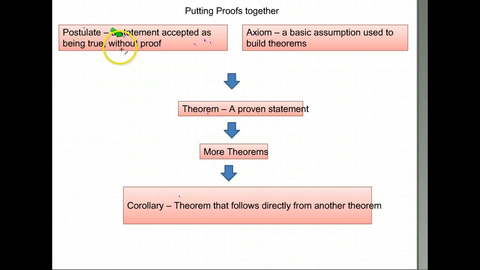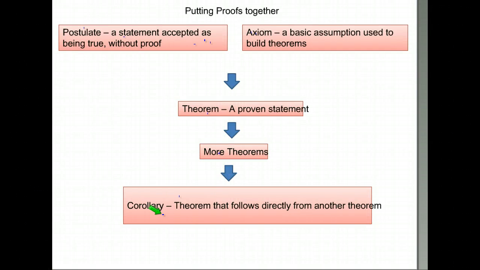These things are so obvious, they're just accepted as true, just from viewing them. We use them to put together theorems, and we can use theorems to make other theorems. And corollaries are just obvious little bits that come from theorems. They're not big things, so we don't call them a theorem. They're just a little something that is a piece of that theorem. And I know those are all new words, so they're